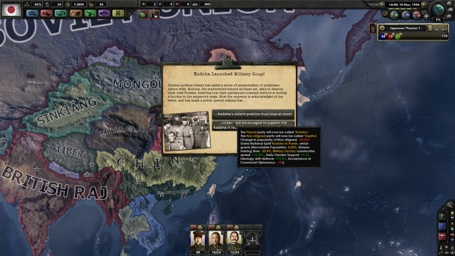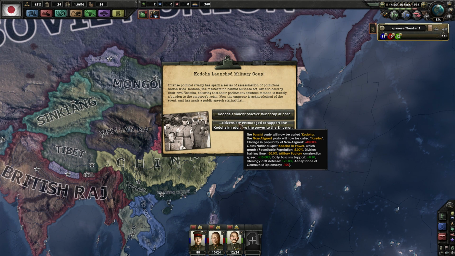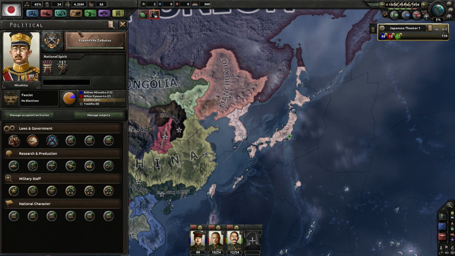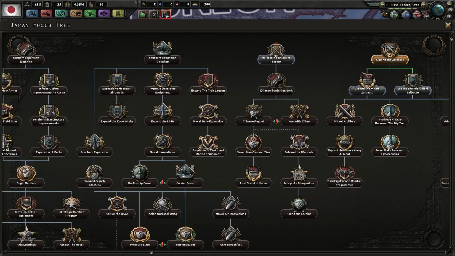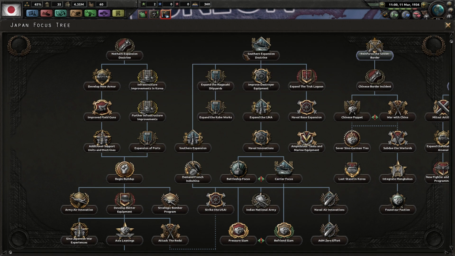As for this, I don't really care about the -2 consumer goods factories. The recovery rate's decent, but the division training time of -20% there, and then the military factory construction speed of +15. Can't say no to that. And there's expand, whatever that is. As for the northern expansion doctrine and the southern expansion doctrine, we only get one of them,